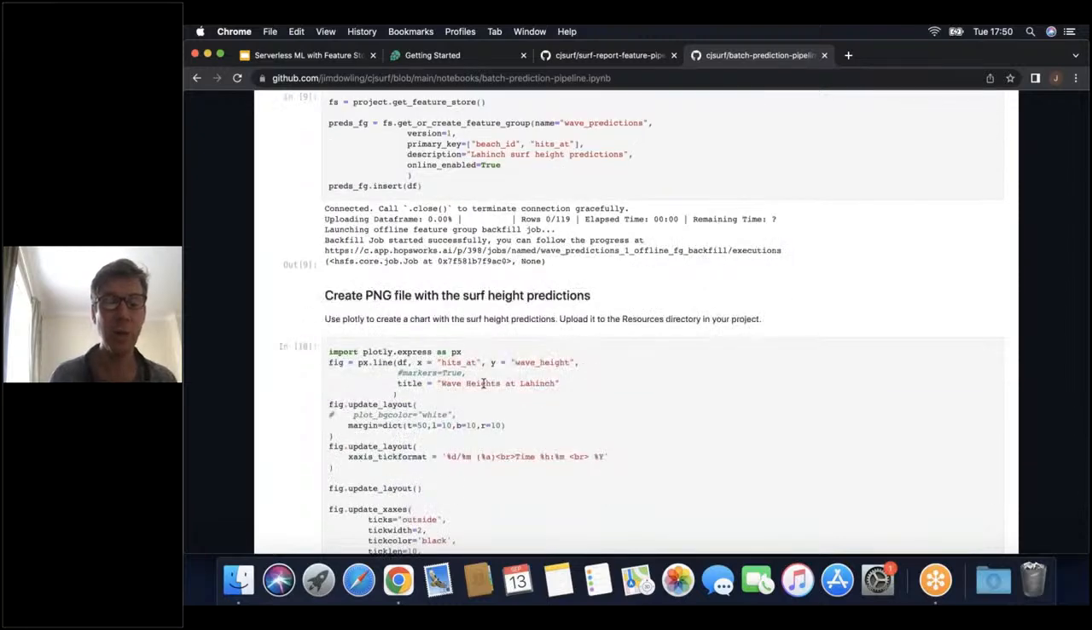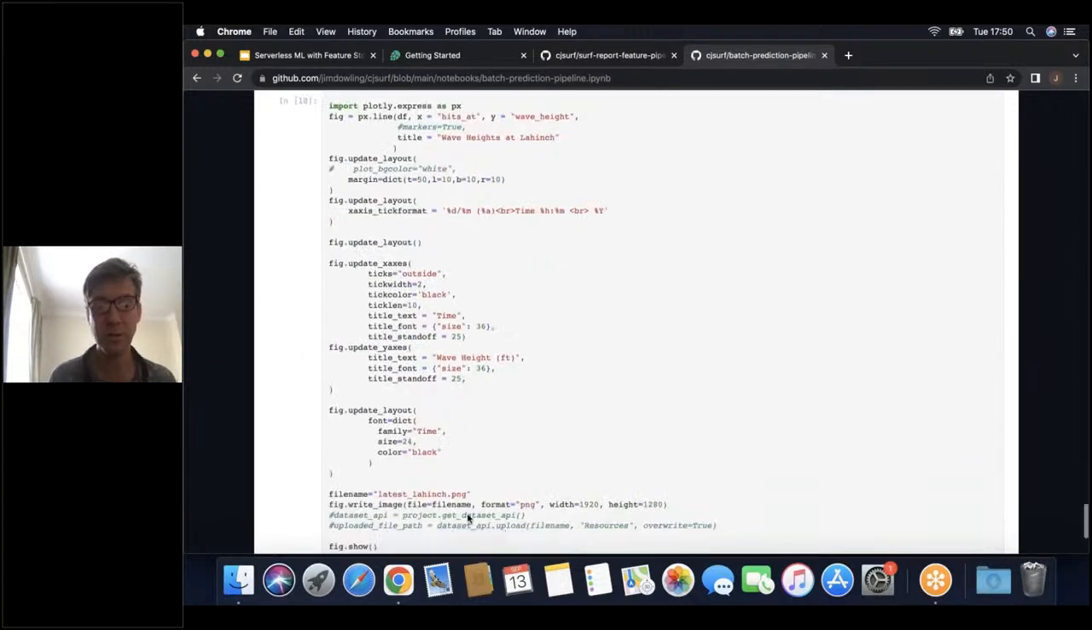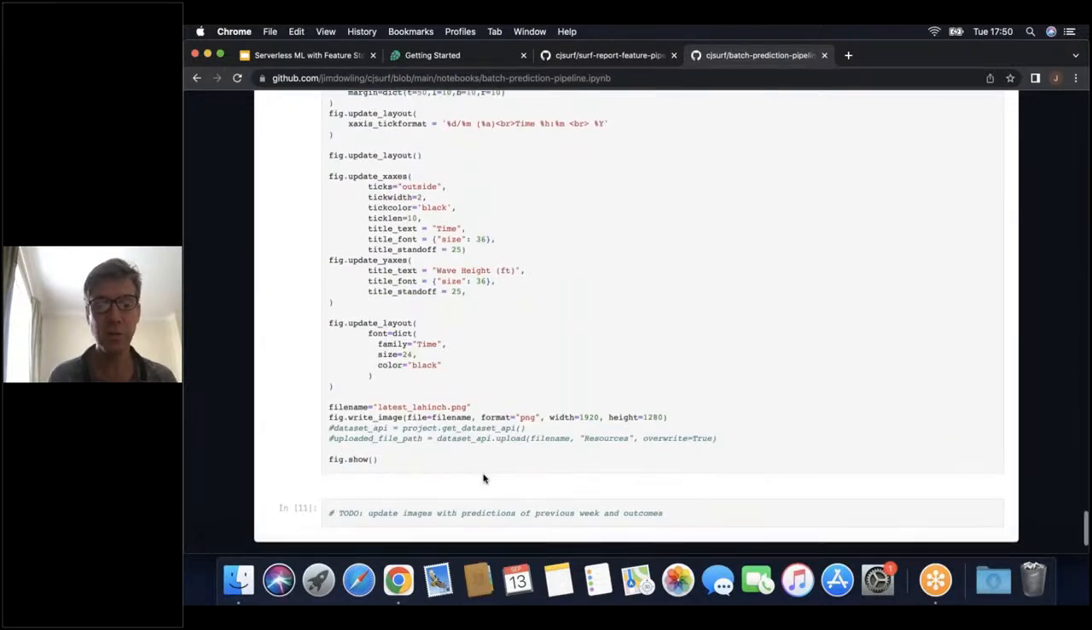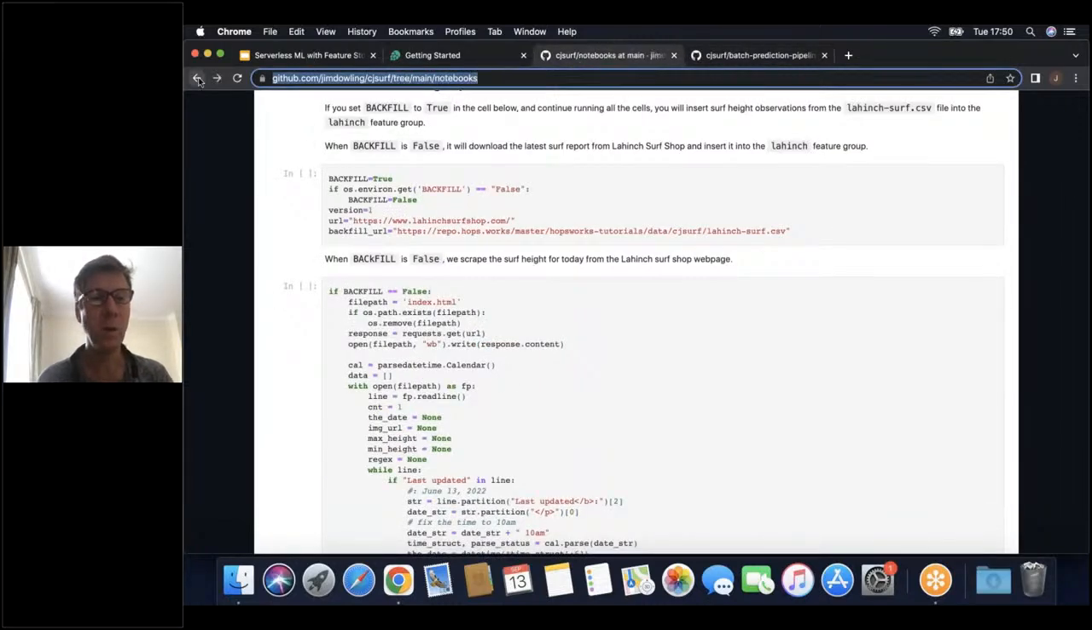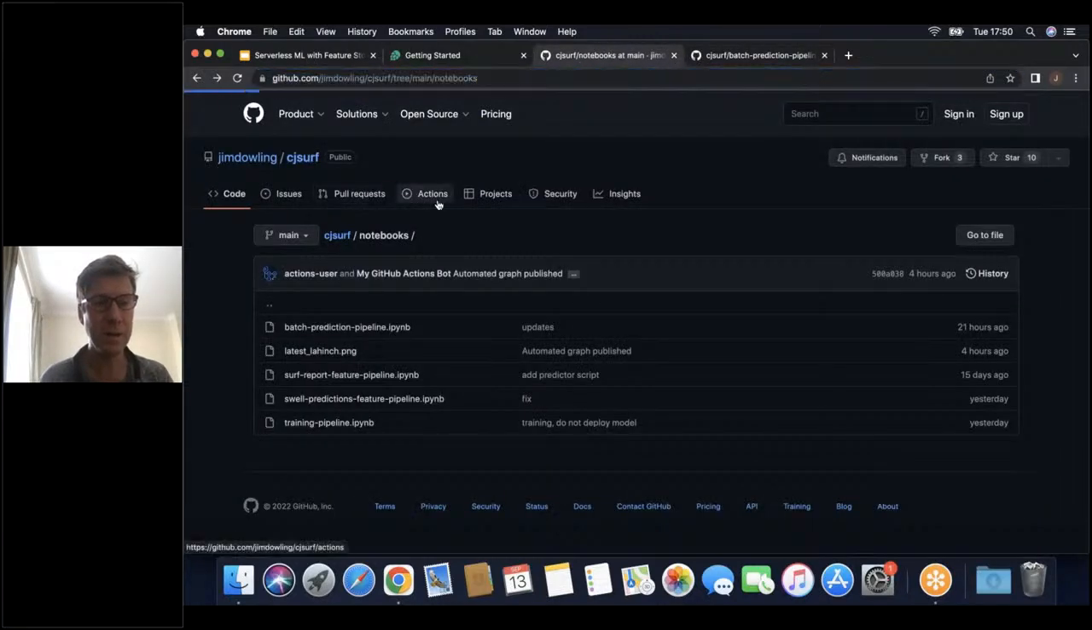And then secondly, we're going to output this image with the predicted surf heights. And all it's doing here is just writing the image locally to disk. So if you want to look briefly at the action for that,